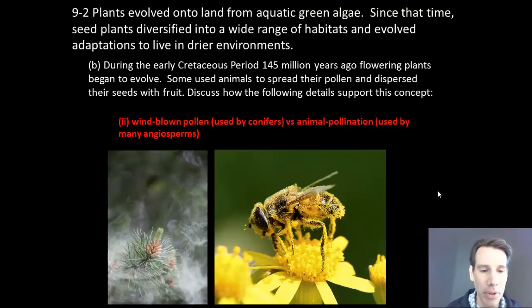So let's focus on that just a little bit more in detail here. So here we have a gymnosperm. So gymnosperms, like these conifers, are releasing their pollen. This is the male cone, and the pollen will be released into the air. And you can imagine much of that pollen is just landing everywhere. It's not a very direct way to disperse those male gametes, the pollen. In contrast, angiosperms have evolved ways to entice animals. So a flower will make nectar. It has sort of a large advertisement with all these flowery petals and makes an aroma. That's very enticing to the insect, and ultimately the insect is going to get nectar, which is food, from the flower.